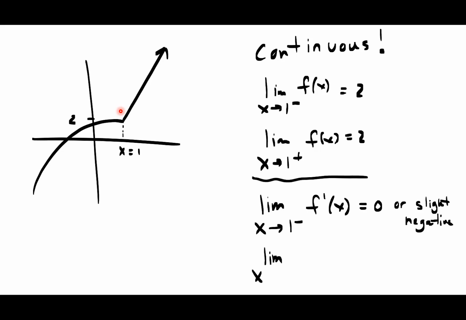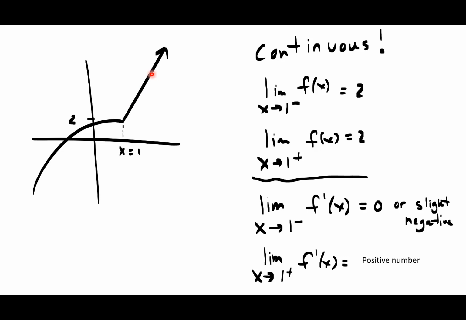Okay, what's the derivative from the right-hand side? What's the slope here? Now this is a straight line, and remember the slopes are going to be the same for straight lines. So that is a pretty positive slope, isn't it? That's a high positive slope. That's like 2, maybe 2.5. So this is a positive number. So notice